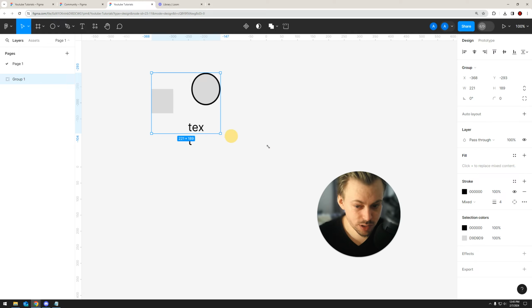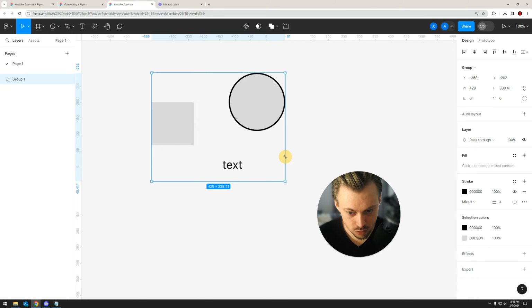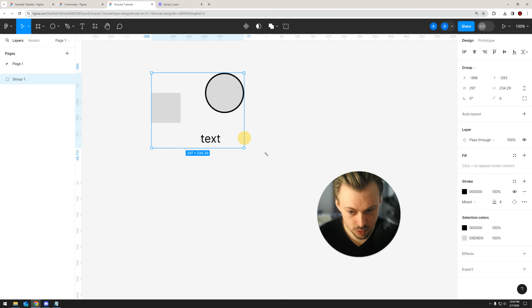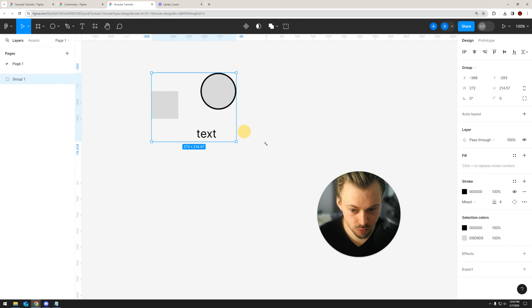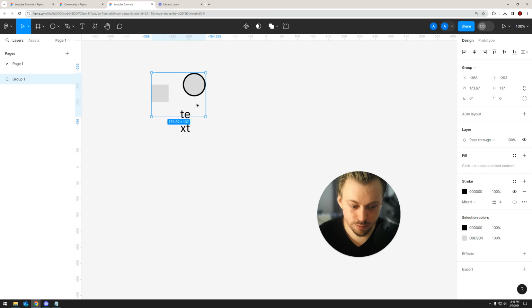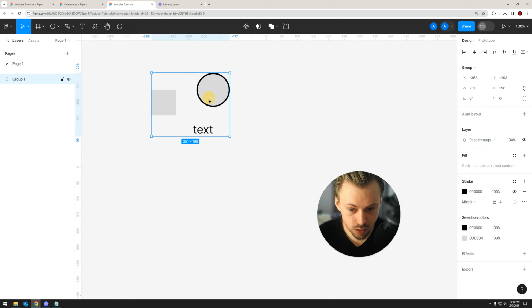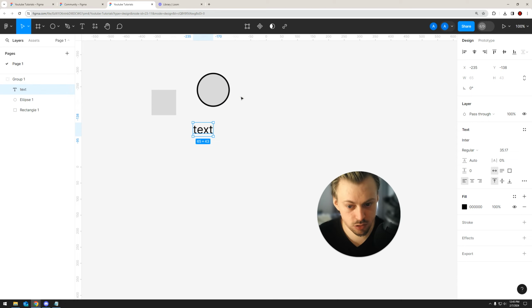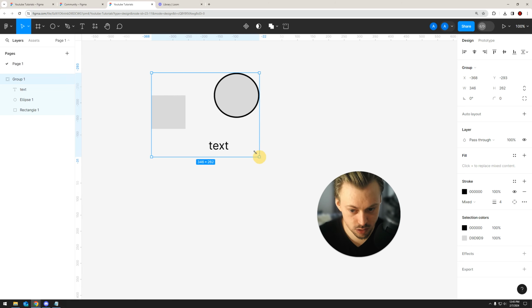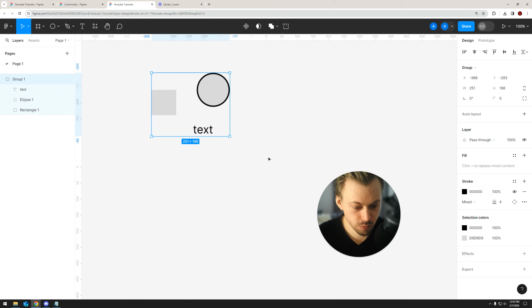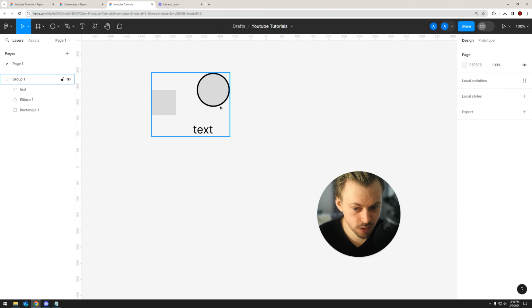If you want it to be resized proportionally, just hold shift and you can resize, right? The shapes will stay proportionate. Now the problem is the border does not scale down and the font size doesn't decrease when you resize like this. So if you want to resize it proportionately and you want to keep the same thickness for the border